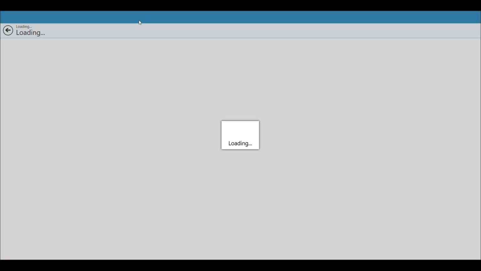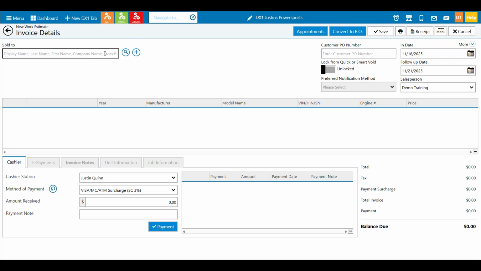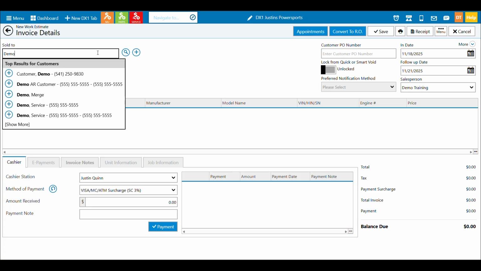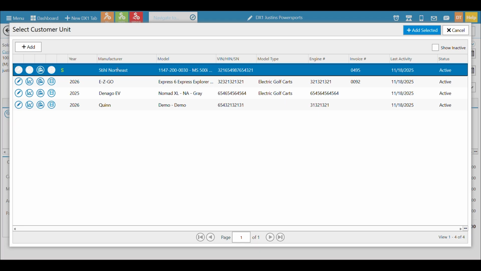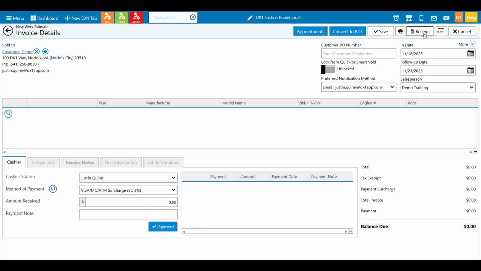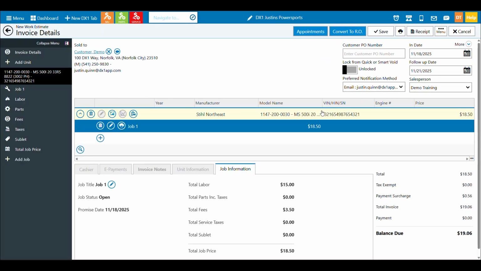Once we do this, now when I go next time, if I want to go look at a customer, or particularly more important, when I go create a service for this same customer, because I may need to work on that serialized item, I can see that it's also in the customer's garage. I can tell because I got the S. I can see the model number, the description, the serial or VIN number if it exists, what invoice, when it was sold. I can see the history on it, just like other service vehicles. I can click it, do add selected, and I can additionally create my work estimate.